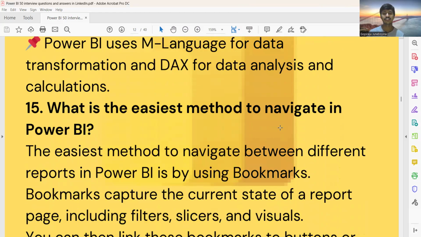What is the easiest method to navigate in Power BI? The easiest method to navigate between different reports in Power BI is by using